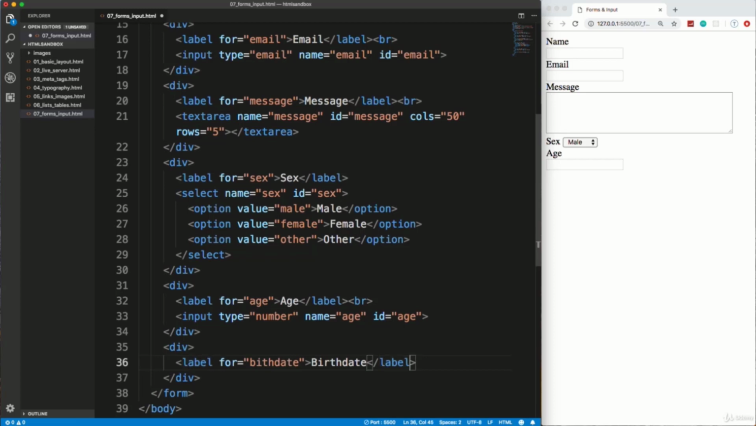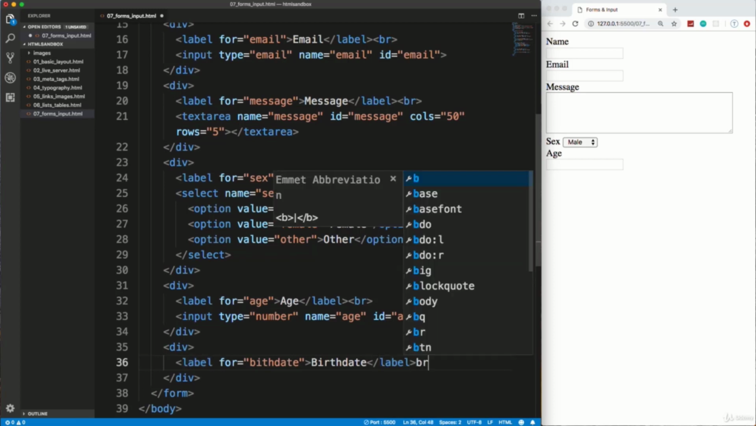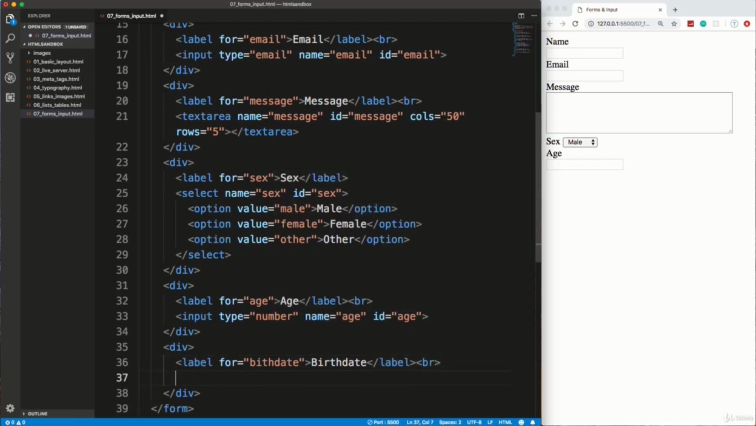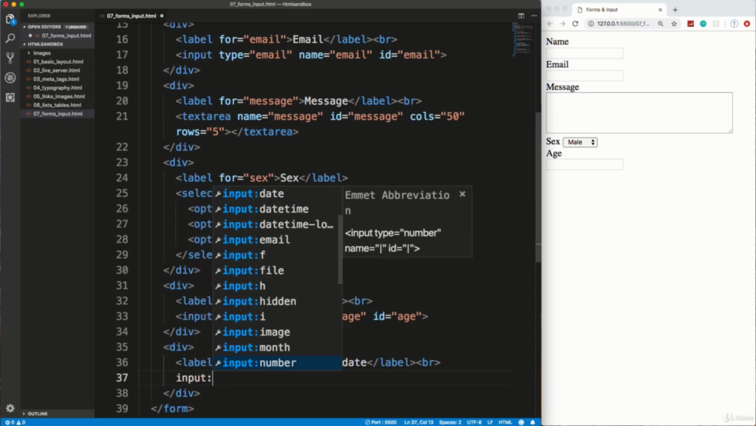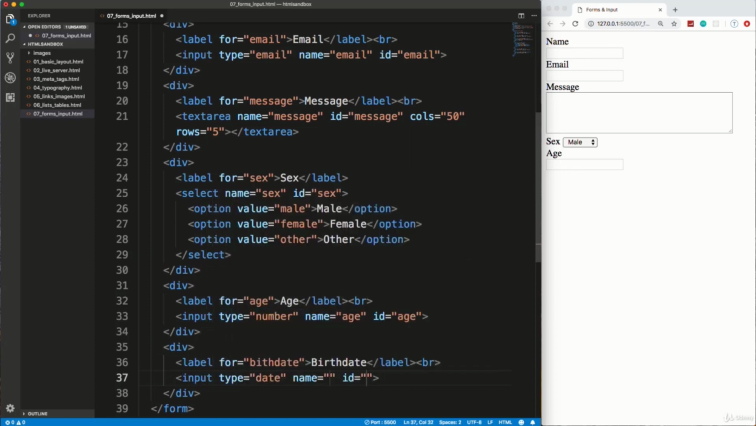And we'll put a line break at the end here. Okay, we want to do input type of date, and we'll say birth date for the name and birth date for the ID. Save that, and it's going to give us this. Now there's two ways we can use this. We can click inside of it. We can put in like